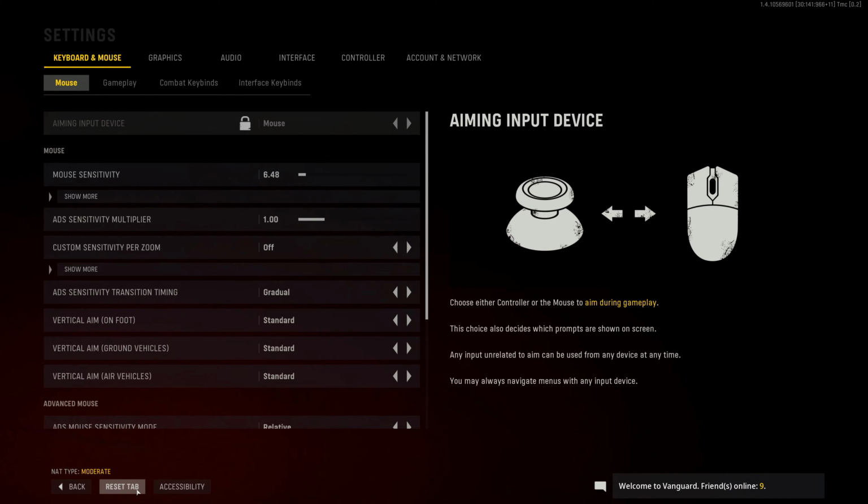If first you want to check how my optimized settings compare to the lowest in-game preset, skip to 6 minutes